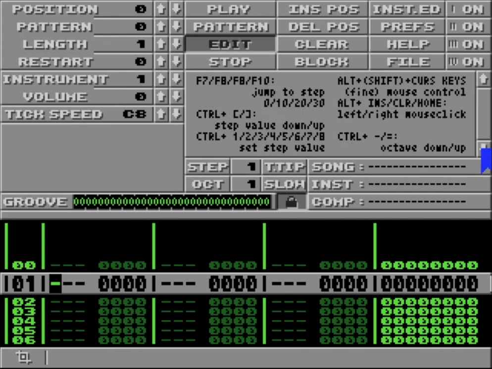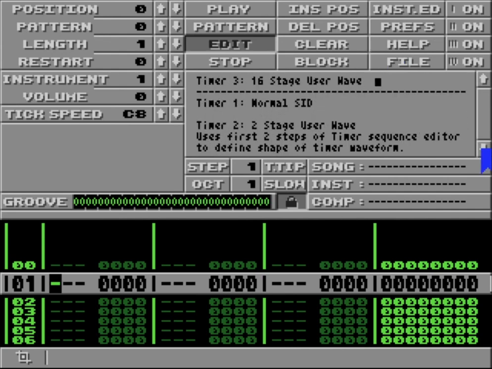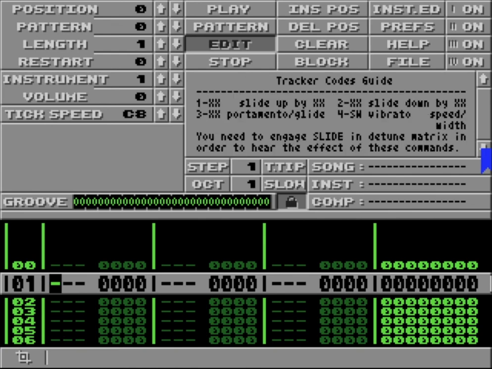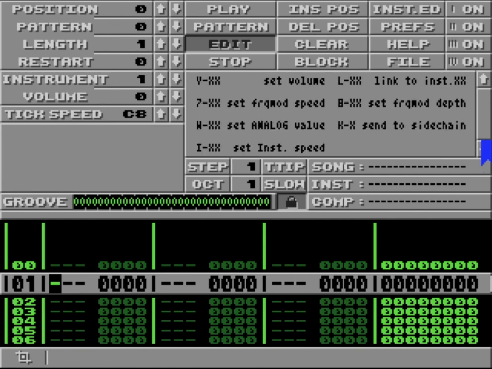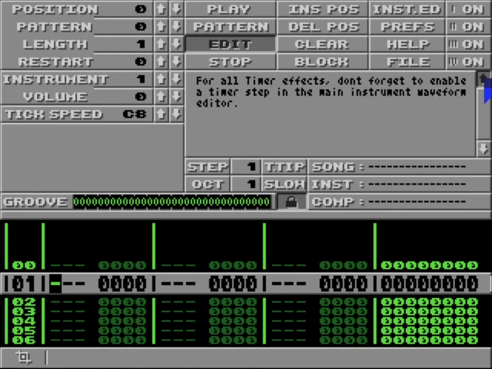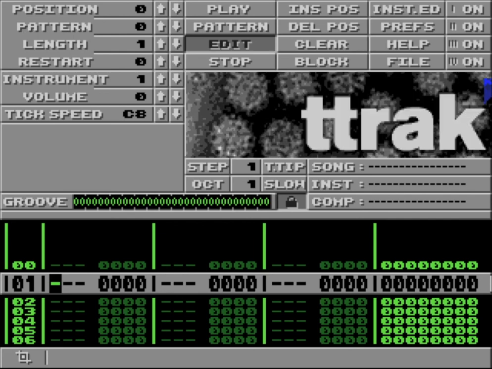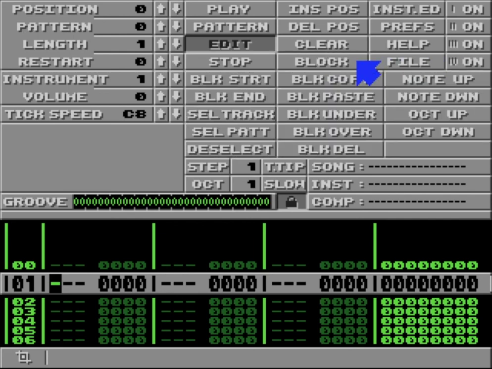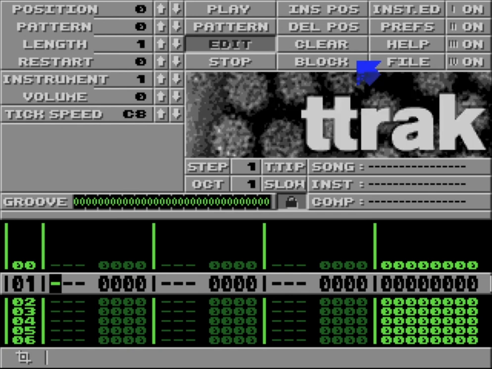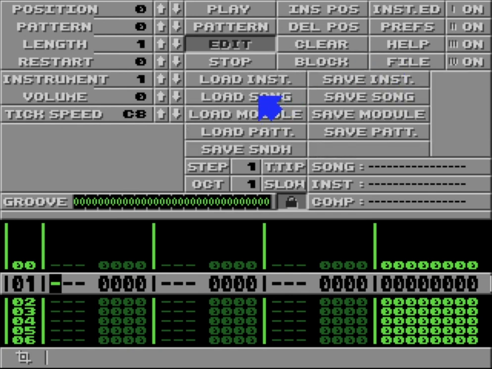Help, it's very incomplete, but there's some stuff like the tracker codes here, which will give you a clue of what you're doing. I think you can press escape to come out of that page, and likewise with the blocks, you can just press escape and leave those. File, all your load and save stuff. Some of this may or may not work at the moment, but all the key stuff works. And that is the main